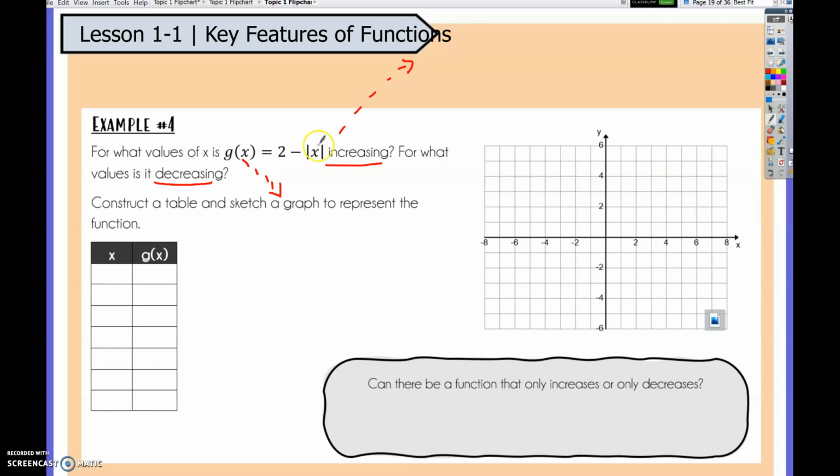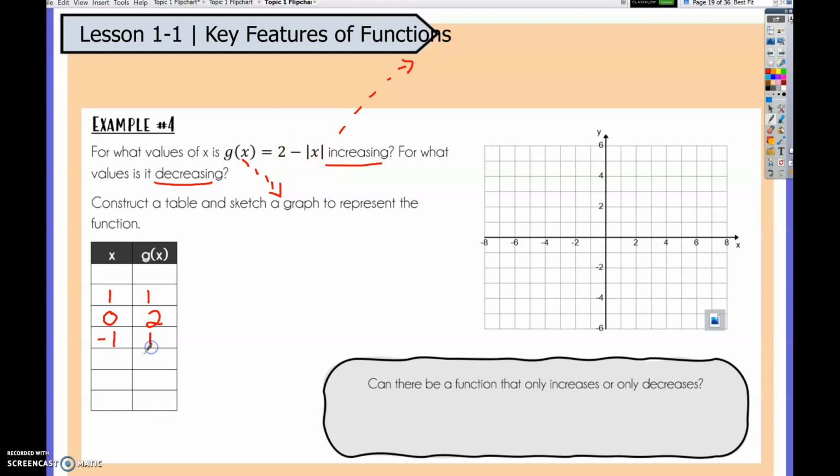So if I plug in a 0 on this function, 2 take away 0 would be 2. If I plug in 1, the absolute value of 1 is 1. 2 take away 1 is 1. If I plug in negative 1, the absolute value of that is a positive 1, because remember, absolute value essentially just changes everything and makes it positive, whether that's a positive number or a negative number. It has to do with the distance you are from 0. So if I put in a negative 1, that's actually going to become a positive 1,